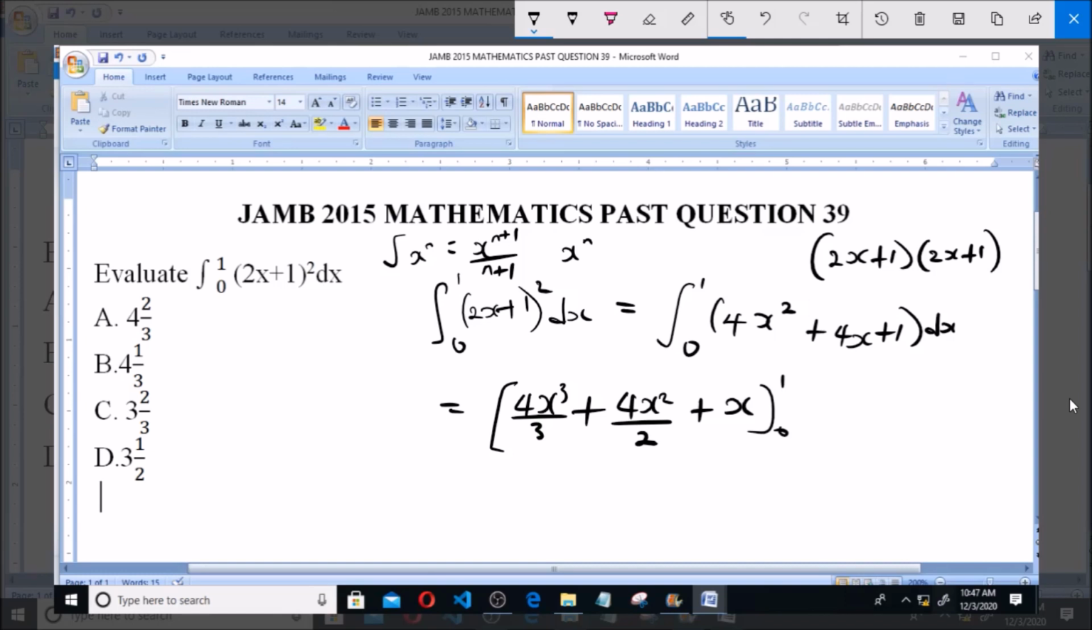Also, this 1 here simply means 1x raised to the power of 0. So this simply means x raised to the power of 0 plus 1 all over 1, and that gives us x. So this is equal to,